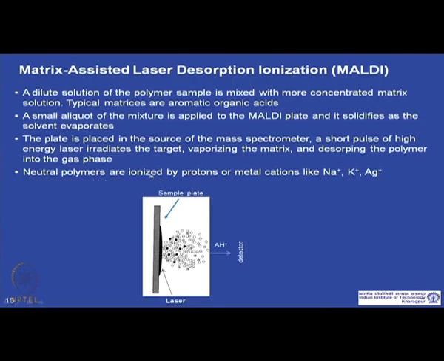If it is not charged, it is a neutral polymer, then we have to add some salt to cationize these polymers, so that they can move towards the detector. So, the neutral polymers are ionized or cationized by protons or metal cations like sodium Na+, K+ or silver+. As the name suggests, we need a matrix assistance,